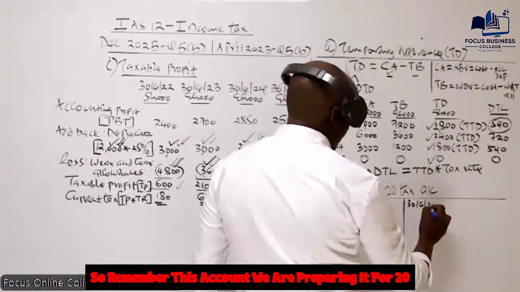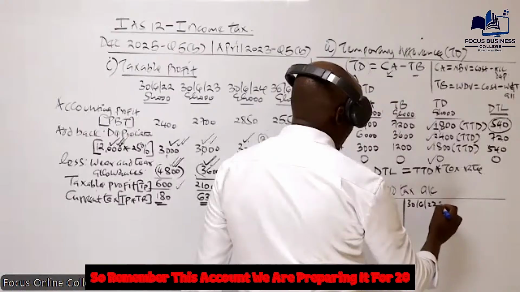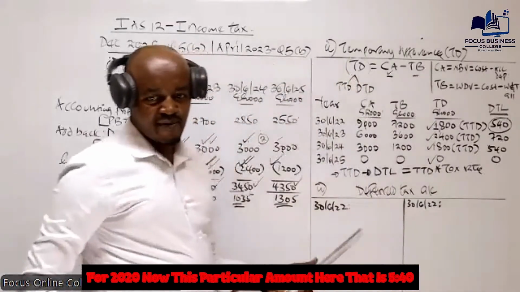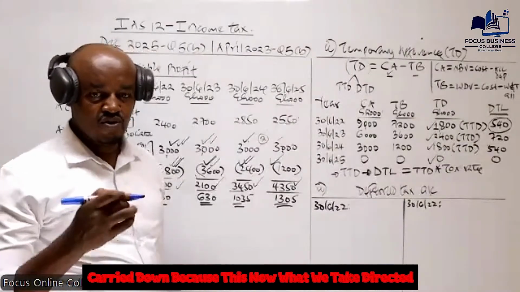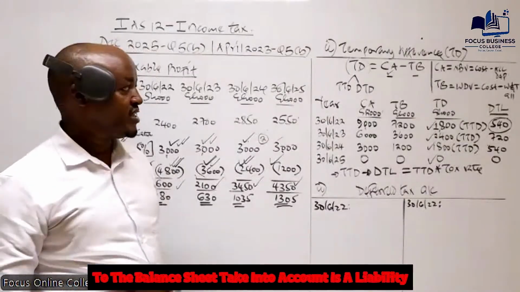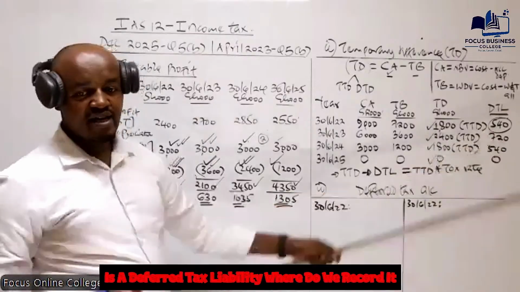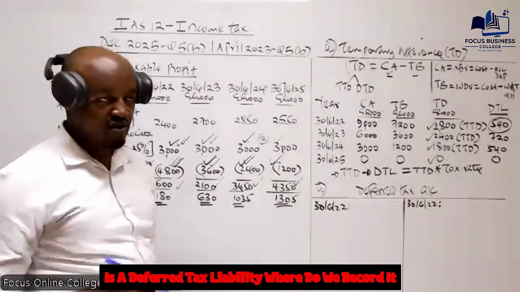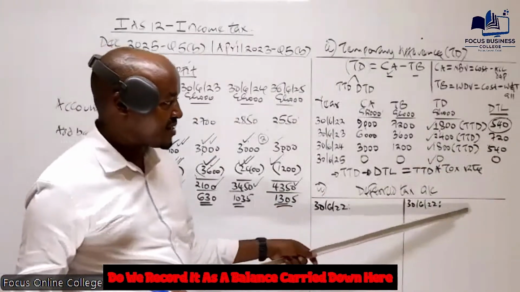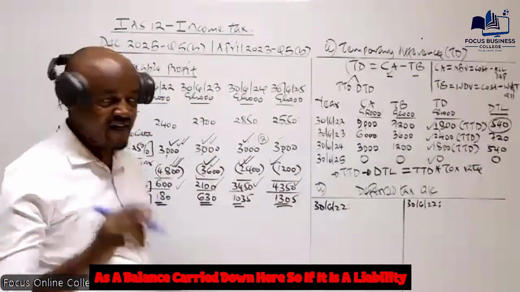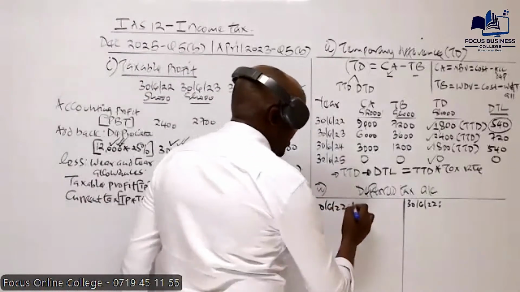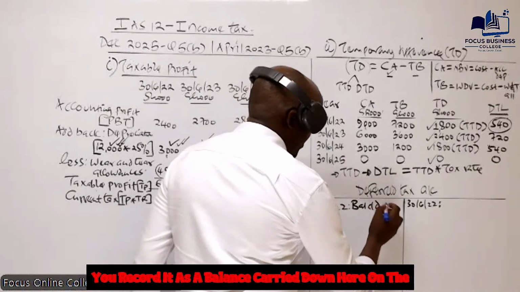Remember, we are preparing this account for 2020. This particular amount, 540, is a balance carried down, because this is what we take directly to the balance sheet. Take into account that it is a deferred tax liability. Where do we record it? If it is a deferred tax liability, you record it as a balance carried down here